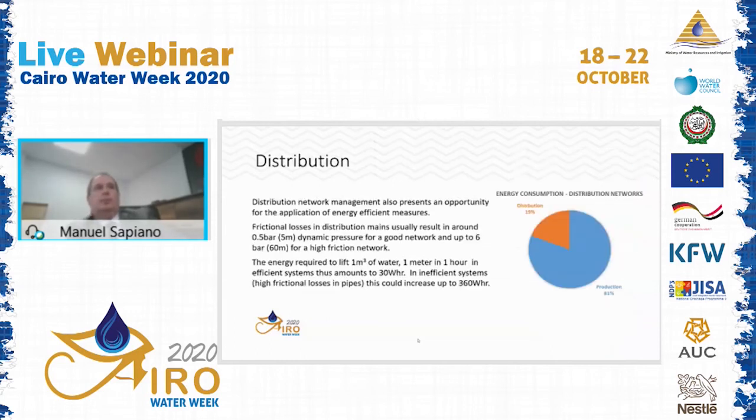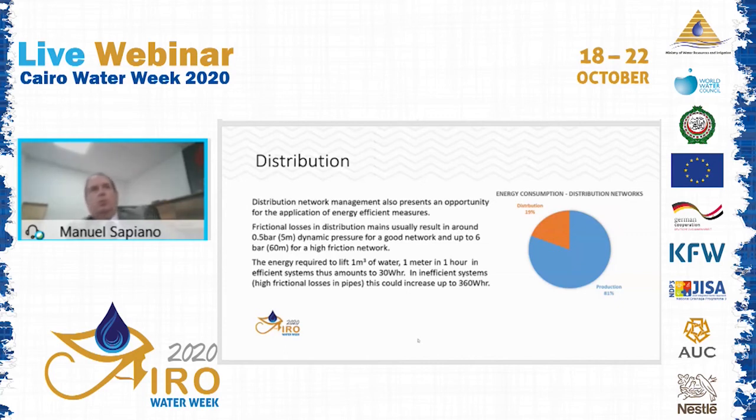Another aspect which I refer to is distribution of water. Distribution uses around 20% of the energy used for producing water. So there is an energy use there. In particular, one should look at heights, so trying to limit pumping water to unnecessary heights, but also limit friction in pipes. Old water networks which have friction can significantly increase the energy consumption almost tenfold